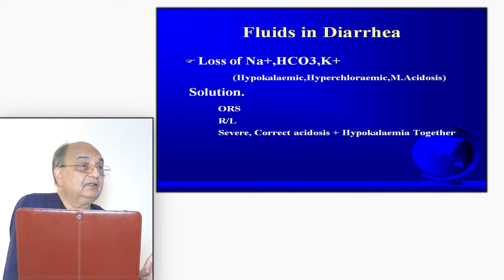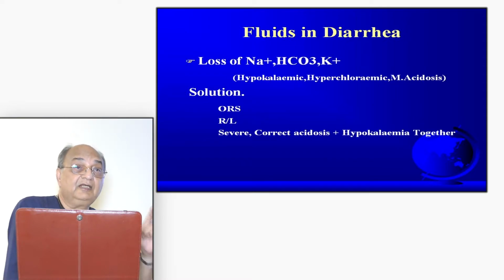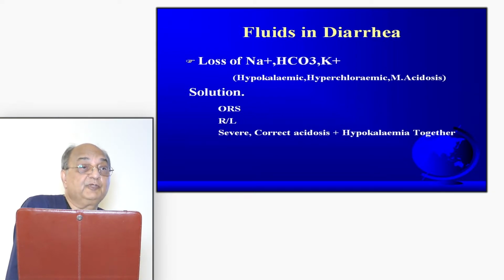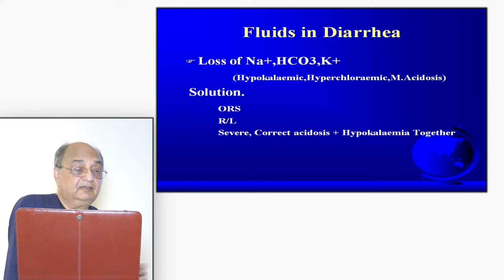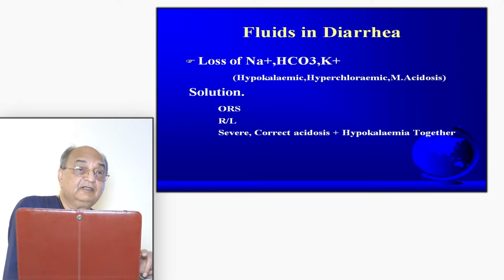Ringer's lactate, because of this lactate, provided your liver function is normal. If the liver function is normal, then lactate is converted into bicarbonate. Now this bicarbonate will neutralize the acidity which has been produced because of diarrhea. And when the acidity is corrected, if you treat only acidity, the patient is already hypokalemic, then further potassium goes inside the cell, and the patient further goes into hypokalemia. So these patients have to be treated for their acidity as well as the potassium at the same time. Once you are neutralizing the acidity, you should start potassium also with it,